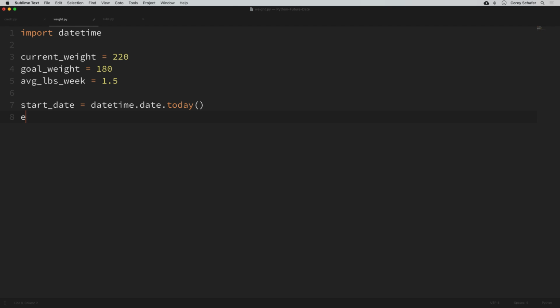So let's set an end date variable as well. And for now, we'll just set this equal to the start date. So now we have the information that we need to go ahead and make our loop to simulate losing our average pounds per week until we reach our goal. So let's start our loop. So our loop can be while our current weight is greater than our goal weight, then let's keep going through